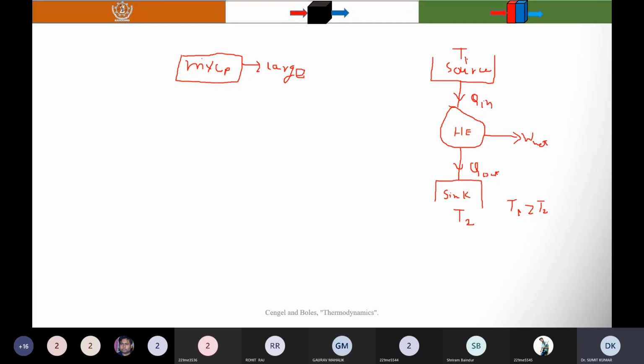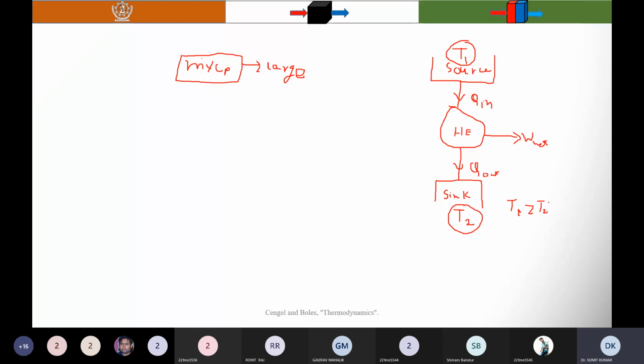So transferring or absorbing energy by this reservoir is not going to change its temperature. What I mean is, for example, T1 is constant and T2 is constant. For example, you can consider the environment or a lake where you are just supplying the energy. It is not going to change the temperature, because we assume that its thermal energy capacity is very large.